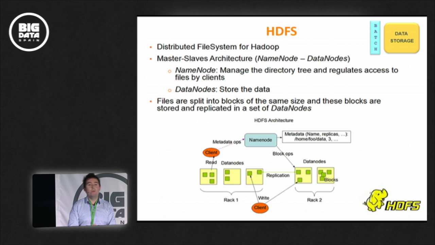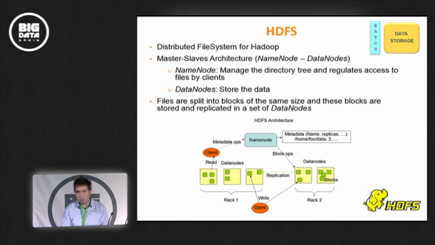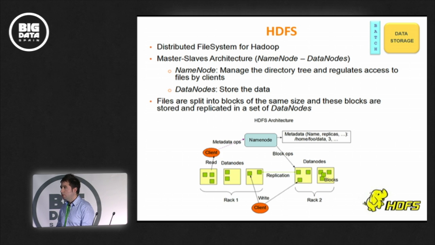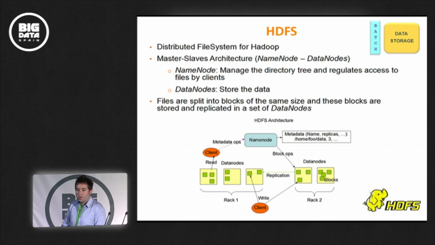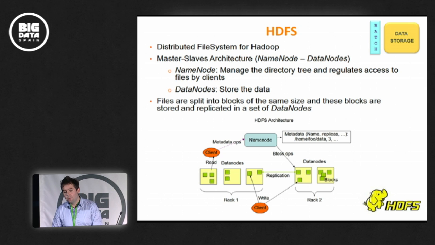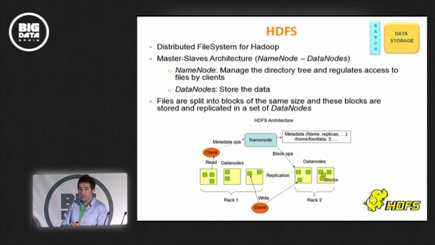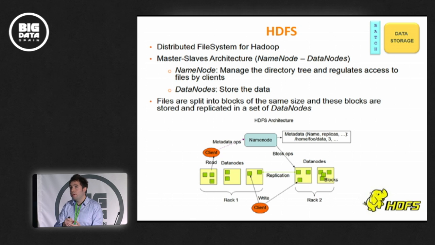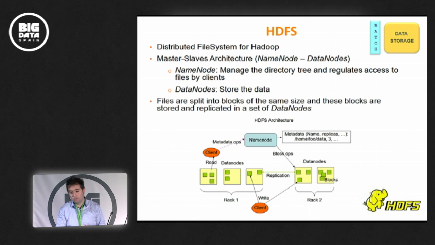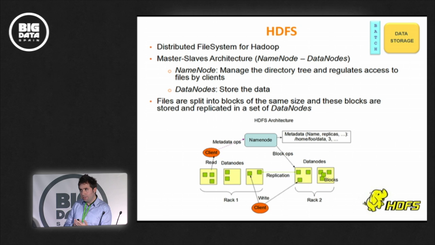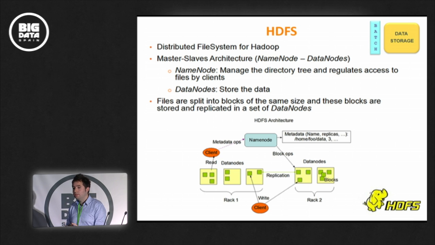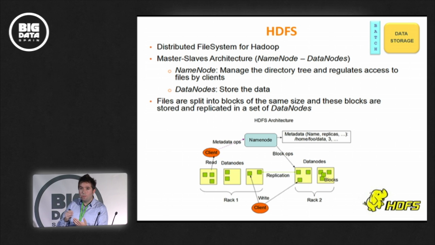In batch processing, the most important one is the Hadoop file system. Probably all of you know how it works. Basically, it describes a master-slave architecture where the information is stored in the data nodes, and there is a name node that manages all the nodes. In order to achieve better reliability and better performance, the information is split into blocks of the same size, and these blocks are replicated